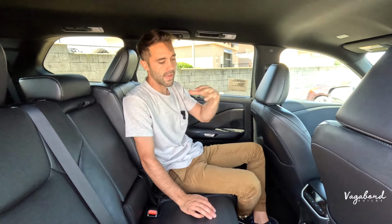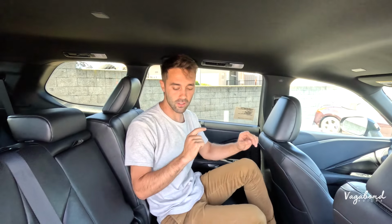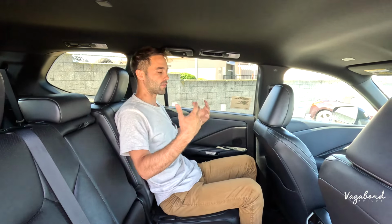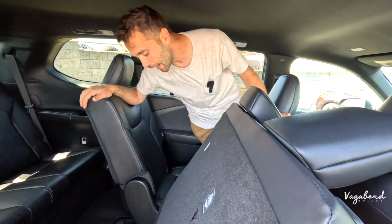So you guys get an idea of how it looks, or to compare in proportion to my height, I'm about 6 feet 2 inches. So the leg room is there. Head clearance is completely there on this TX 350. There's no questions asked. Now, I'm going to leave this seat at an angle where I feel that the second passenger will be comfortable. Let's go ahead and press and hold, bunny hop this seat forward, and show you guys